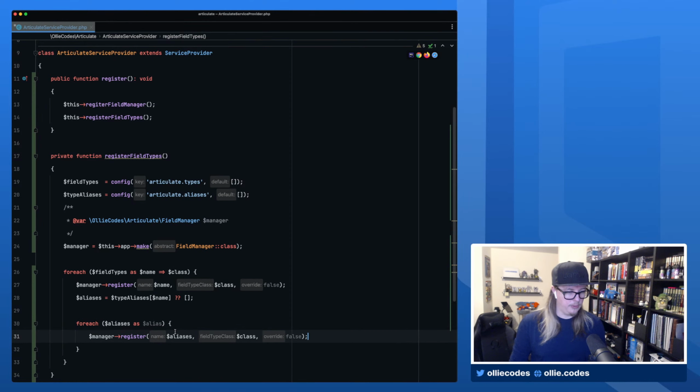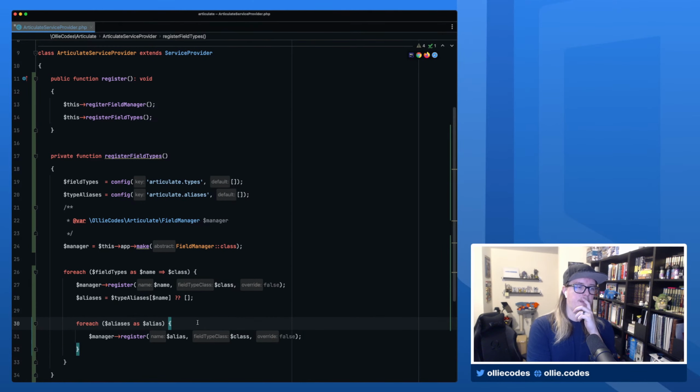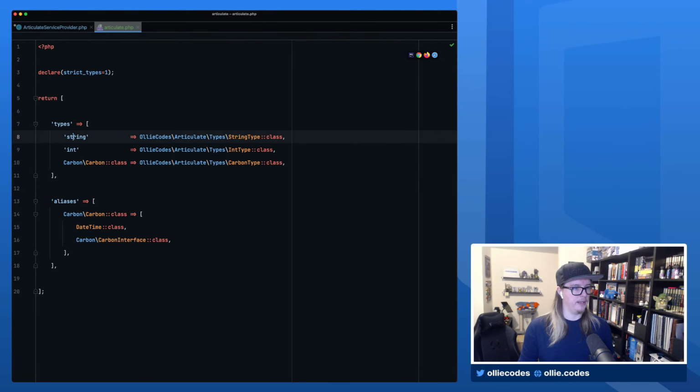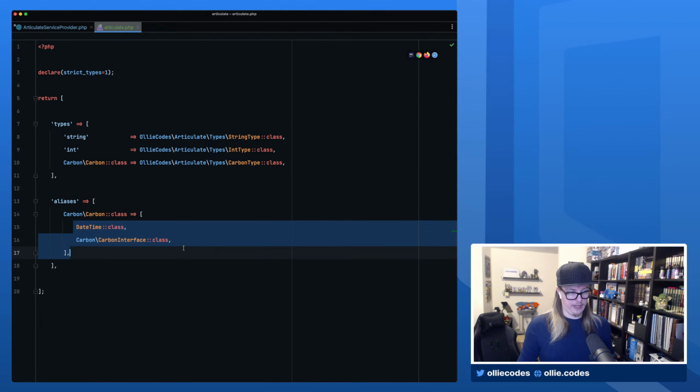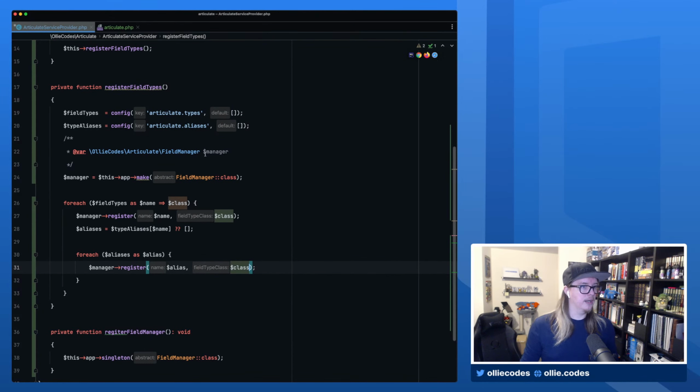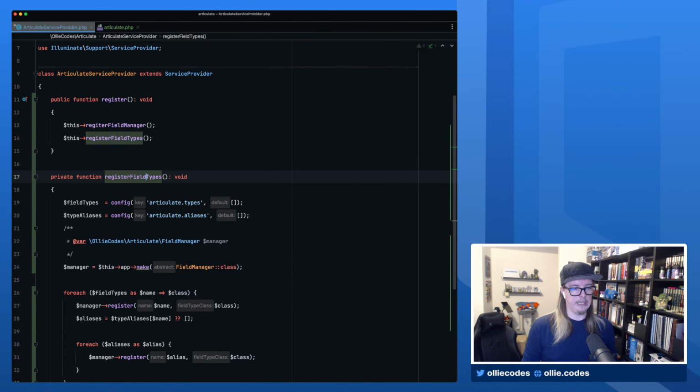So what this will do is load the aliases from the config, which is here. This is sort of name to type, and then it will load the aliases for each of those. So carbon is now date time and carbon interface. So if there is any type for these, it will use this mapping here. So I don't actually need to provide these values because they are redundant. But I do need